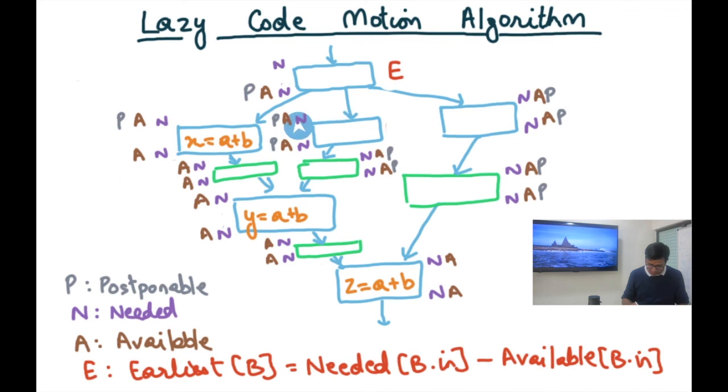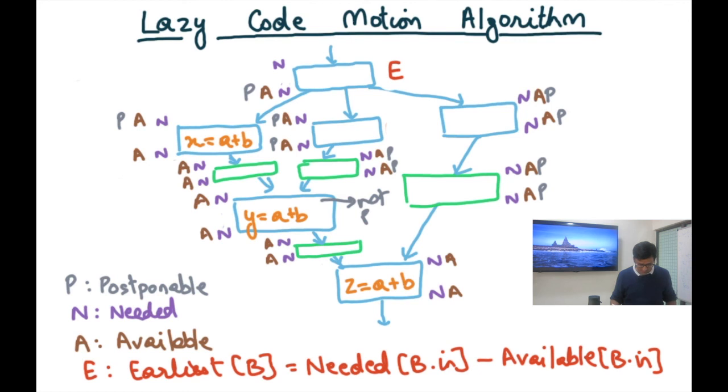Similarly, on this path, it's postponable, postponable, postponable, postponable. But here, it's not postponable. Not even at the beginning of the basic block. So here, it is not postponable. Why? Because it's not postponable on one of the incoming paths. It's postponable on the second incoming path, but not on the first incoming path at this point. And so it's not postponable. So what does it tell us? That this is the latest position I can compute a plus b and not any later. Similarly, on this path, it's postponable, postponable, postponable, postponable, not postponable because it's not postponable on one of the incoming paths. So this is my